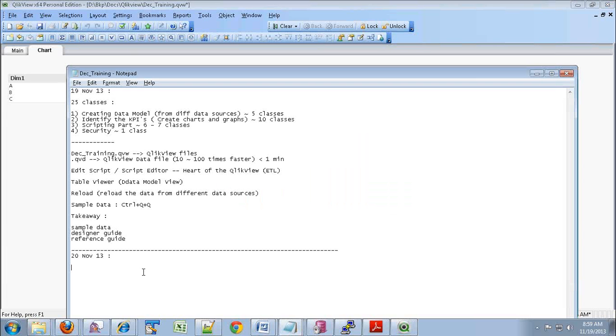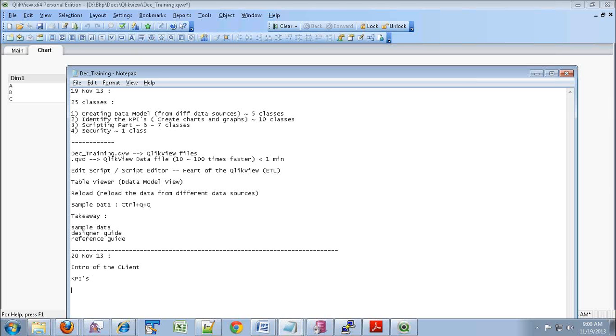So in tomorrow's class, we'll have an introduction of the client, what this client is all about, and what he wants from us. We'll start with the different types of tables he has provided to us in various data source types. We'll see a couple of things about the client tomorrow, and identify a couple of KPIs the client wants to achieve using Qlikview, so that he can get the information out of Qlikview and take his decisions based on the KPIs. Okay,